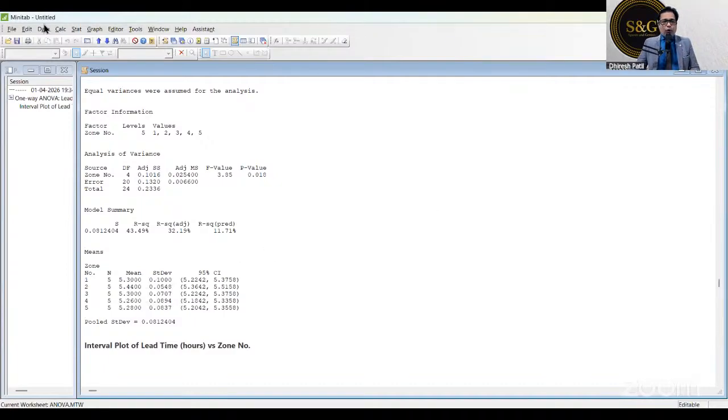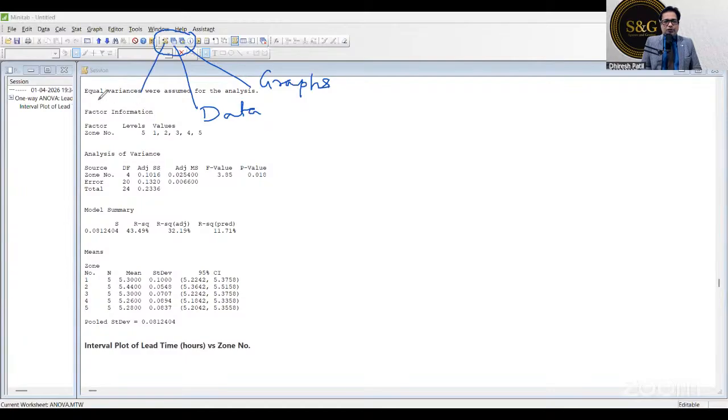So let's do one thing, go back to the data. How do we go back to the data? Control Alt D, or this is the short key of this. Okay, remember these three buttons, always remember these three. So this one is for the graphs. If you want to go for any graphs, just click on this. This one is for the data, and this one is for the statistics,